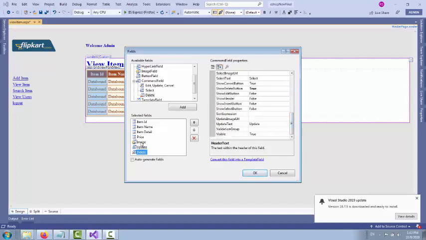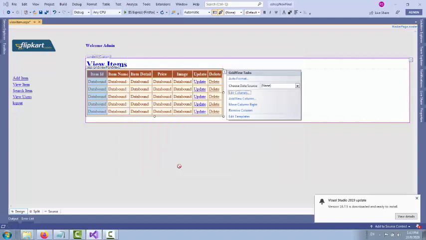This property we have to set and click on OK. I forgot to tell that in the image we also have to set the item style, or control style. Inside the control style we have the height and width of the image to display. I set it here as 80 pixels height and 100 pixels width. So inside the control style we have to set the particular image width and height, and click on OK.